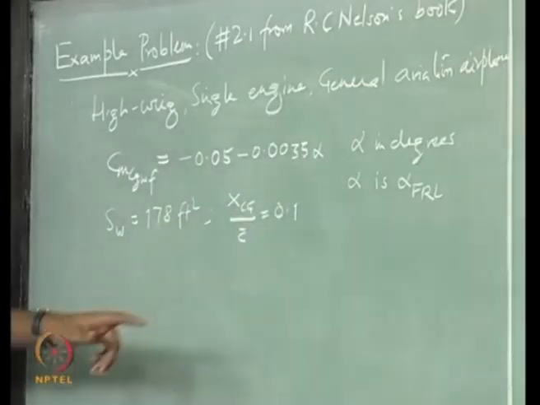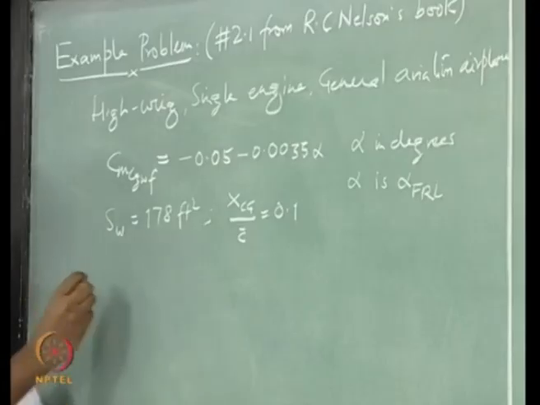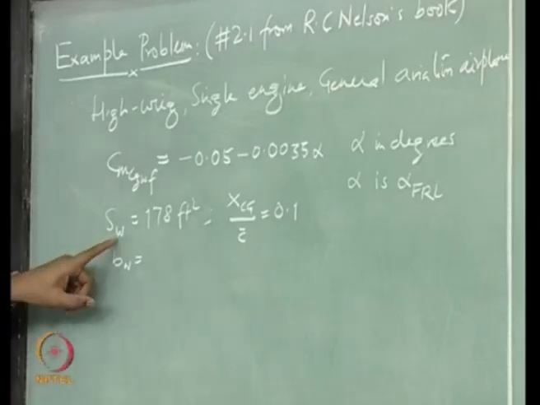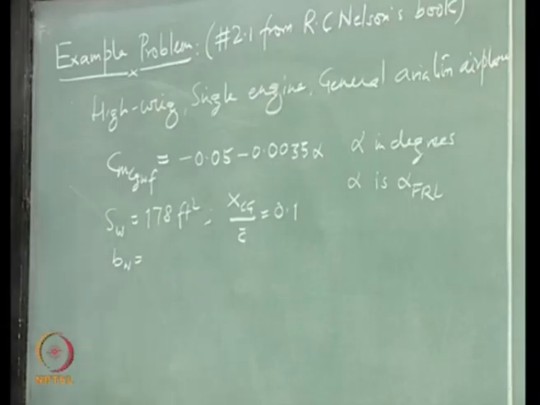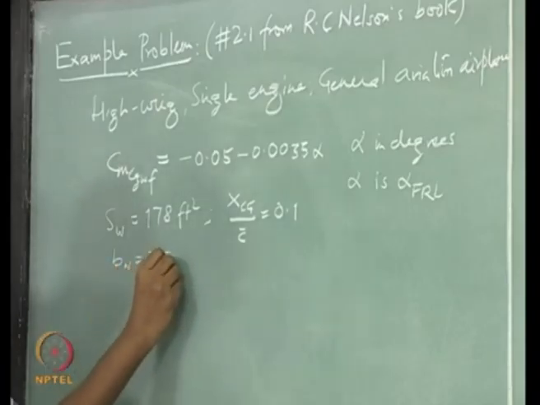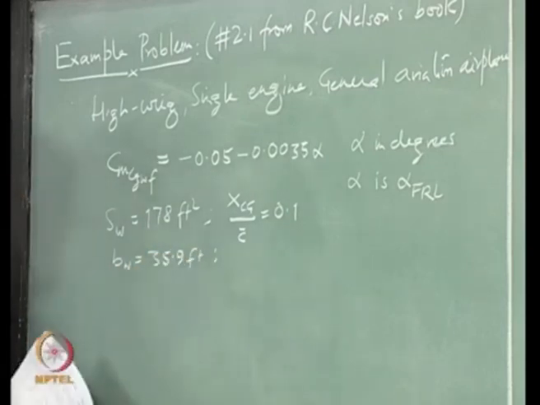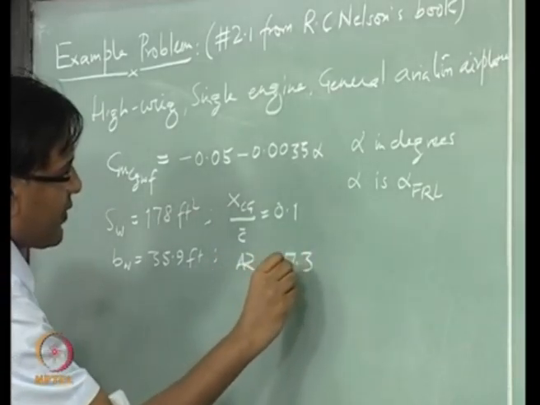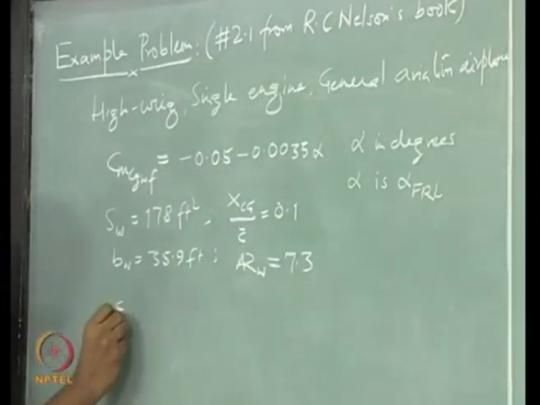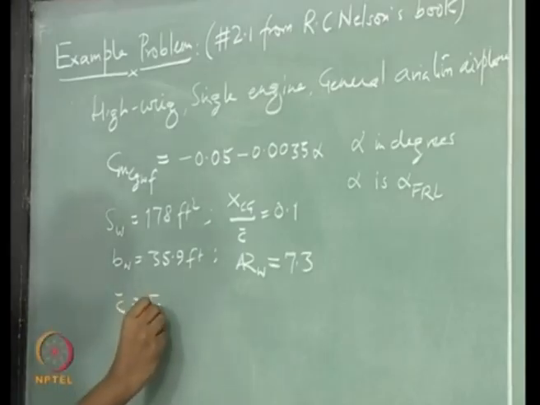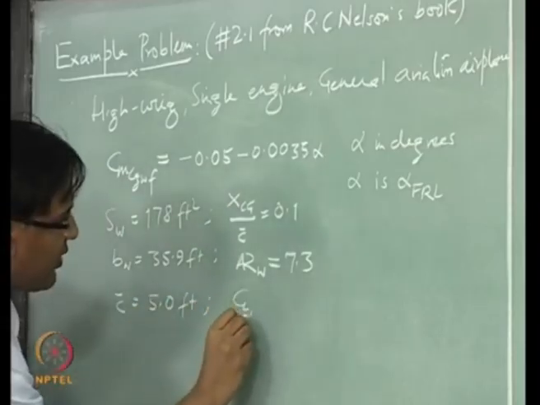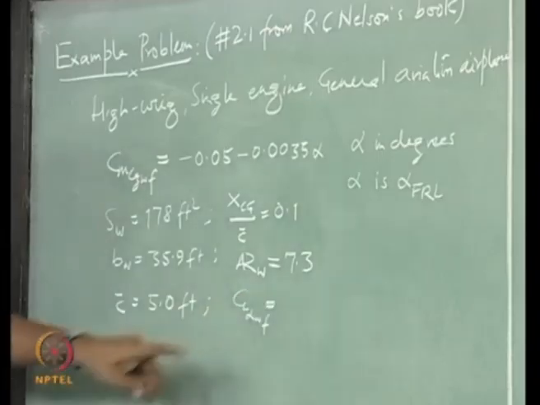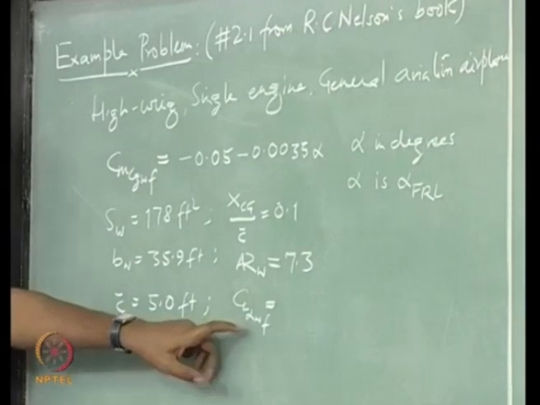This C bar is the mean aerodynamic chord of the wing. So, wherever you see this W subscript is for the wing, okay. CL alpha for wing fuselage combination,